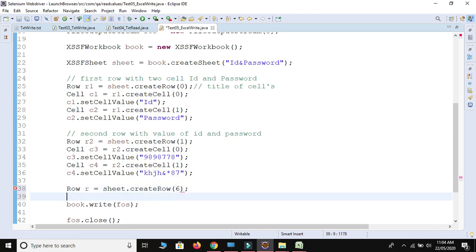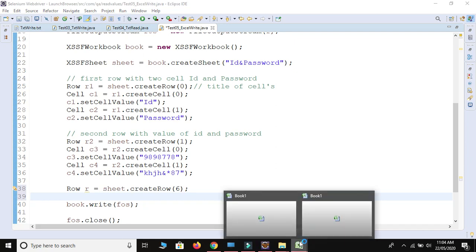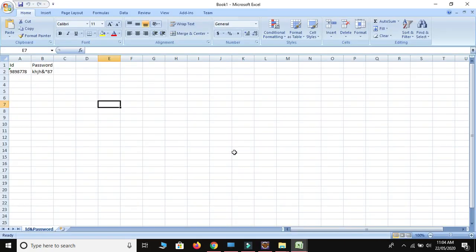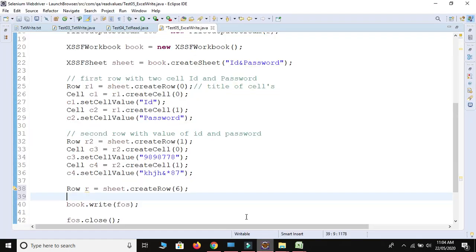At row number 6, I will try something here. Now I want the cell number, so the cell number is 0, 1, 2, 3 and 4. So this is the fourth cell, so I will create one cell. Let me import Cell.